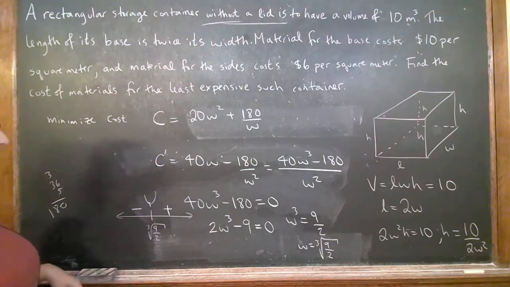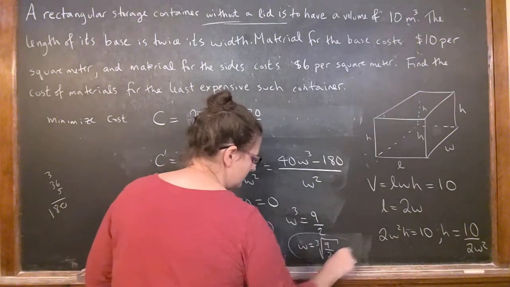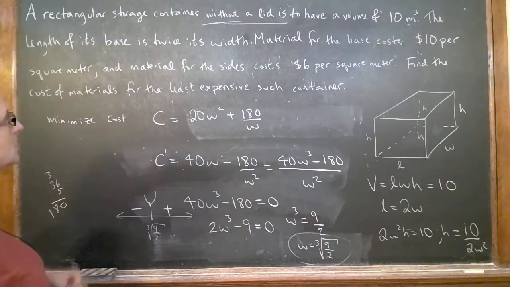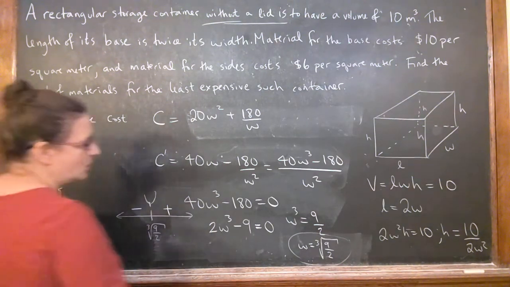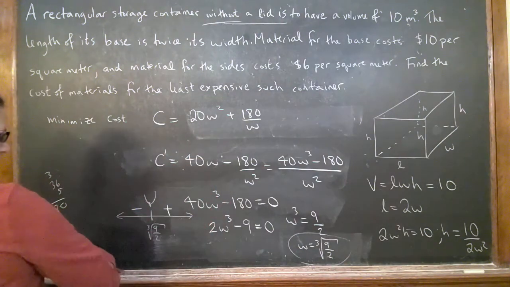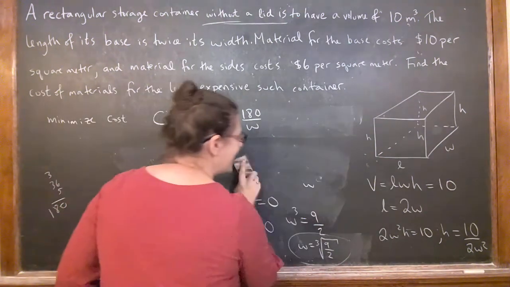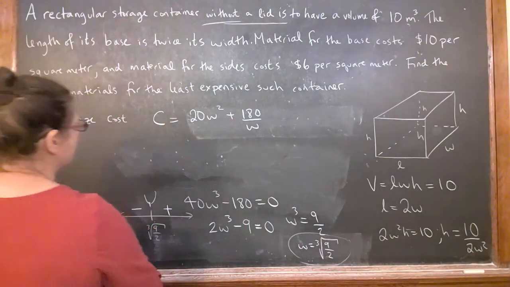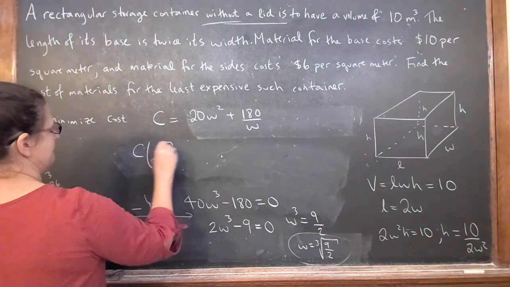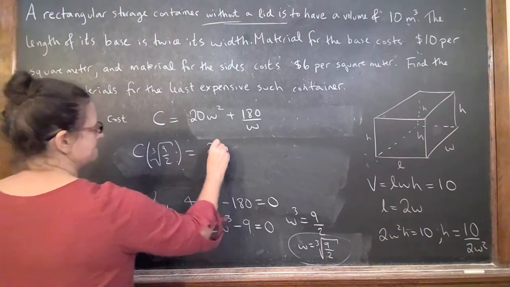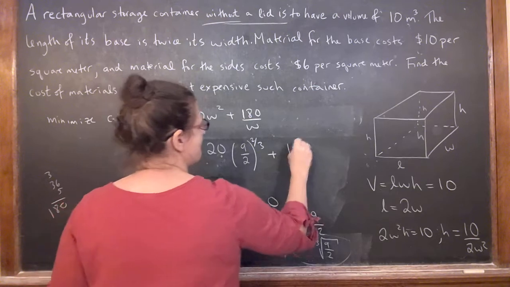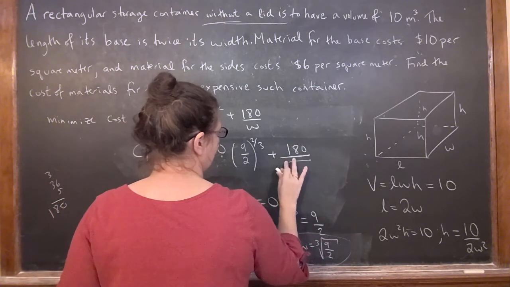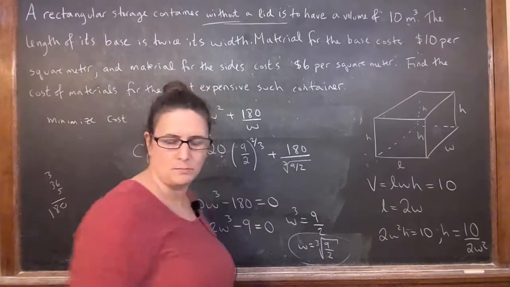Great. Now here's the question. So I found my minimum w. Now the question is, am I done? I'm not done. I have to answer the question. It says find the cost of materials for the least expensive such container. So I still have to go back in here and put that point in here, right? So I found my minimum point, but that doesn't tell me the minimum dollar amount, right? So I'm going to put that in here. So the cost at cube root of 9 halves, whatever this is, right? Which is